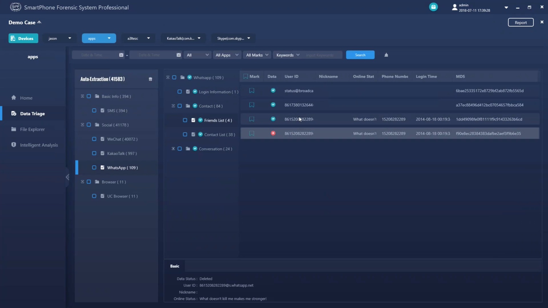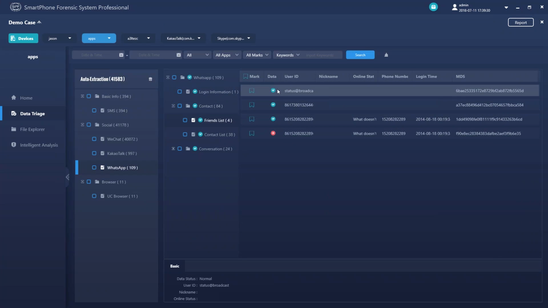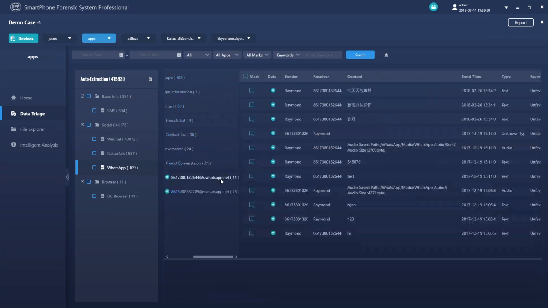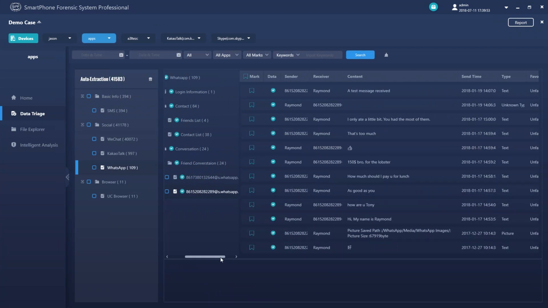As you can see here, we have two different data statuses indicated in the data display. We have the normal data. We also have the deleted data marked as red crosses to tell you that this data has been deleted purposely or mistakenly. And during the extraction process of SPF Pro, it will automatically run our